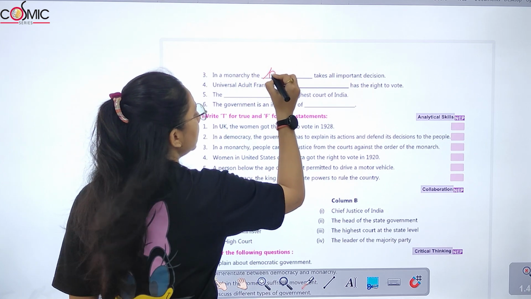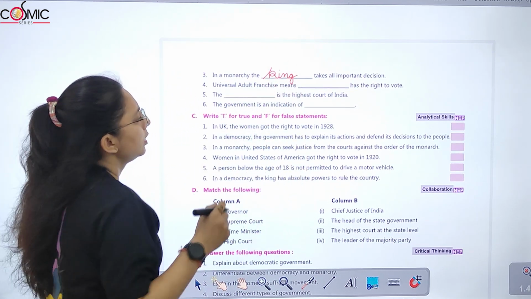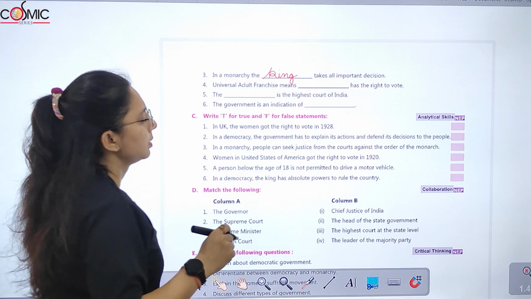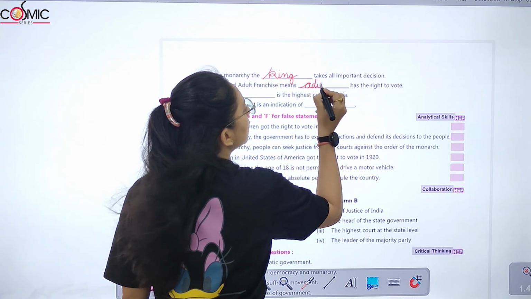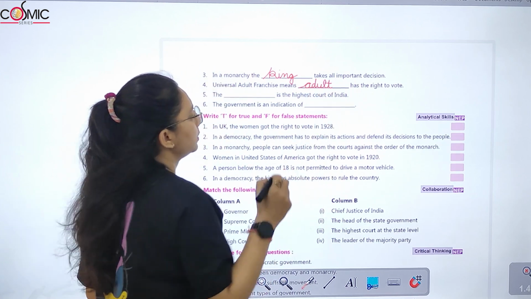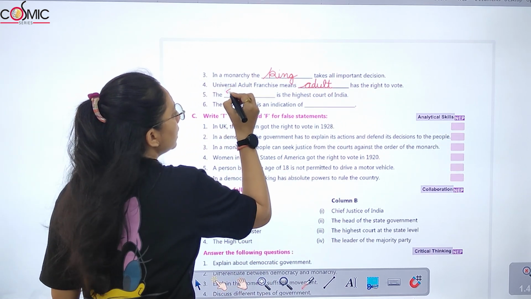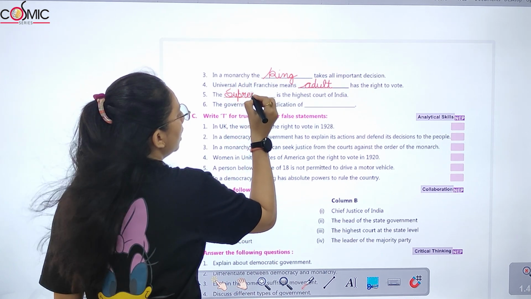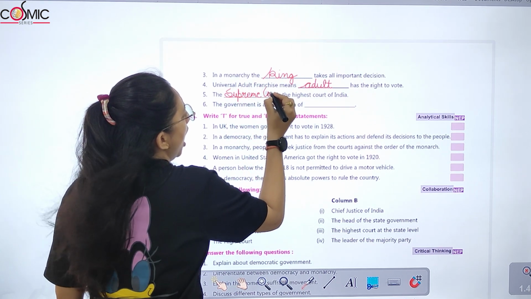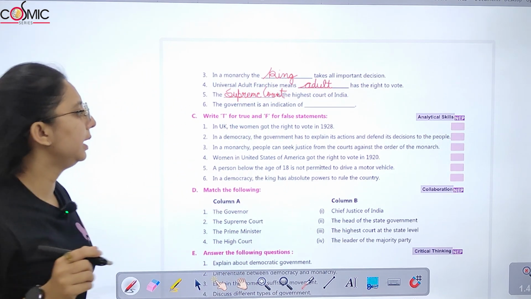So who takes them? The king takes them. Universal adult franchise means every adult has the right to vote. Dash is the highest court of India. That is your Supreme Court. The government is an indication of